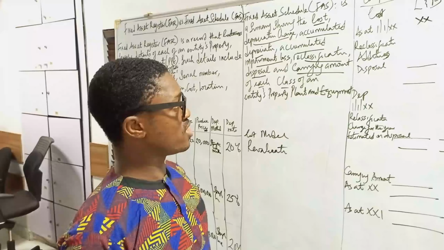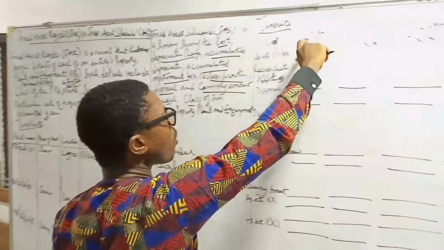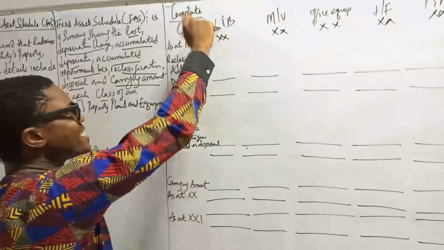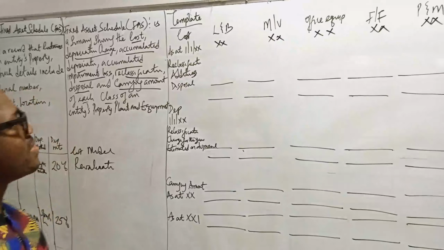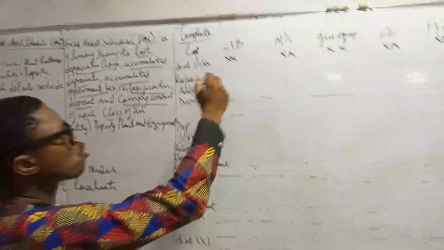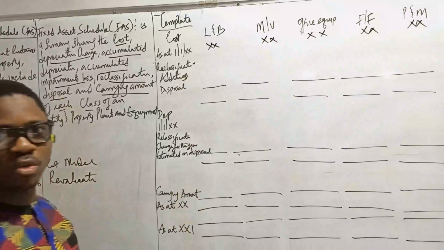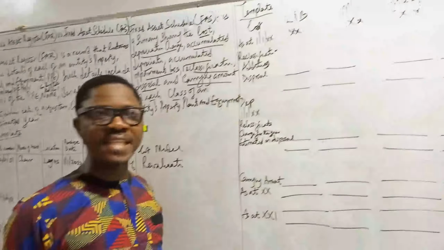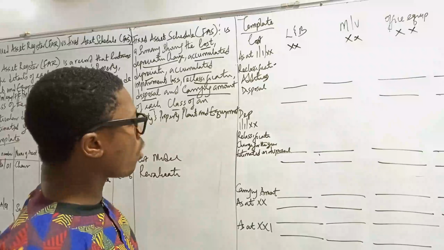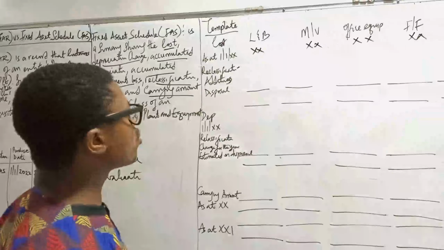So having brought forward the cost as at the beginning of a particular year, the next thing to do is to treat reclassification. Reclassification is not something that happens year in year out, but in the situation where it happens, what do we do? What we simply do is to